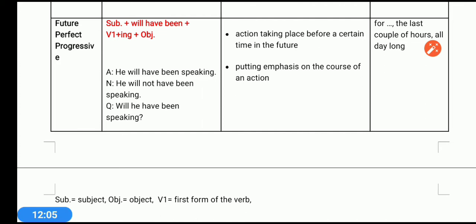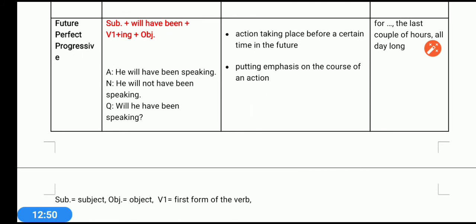This future perfect continuous and future perfect are not used in simple conversation language. They are used mostly in competitive exams, but even then we must prepare all that nicely. Here SUB refers to subject, OBJ object, V1 means first form of the verb. I hope you have understood this whole chart. Here you have to remember the signal words and the verb. For competitive exams you will have to remember signal words definitely, because in competitive exams the verb is missing, you have to fill the gaps with the correct verb. So if you don't have the signal word, you cannot fill in the correct verb. That's why it's important to learn the signal words.